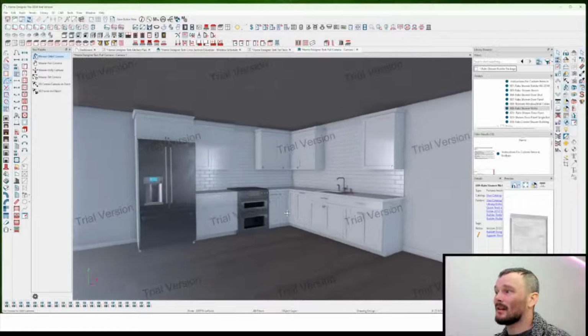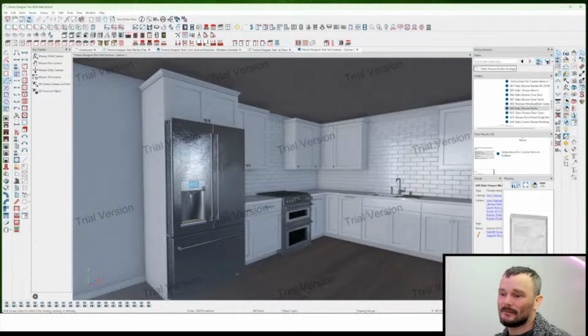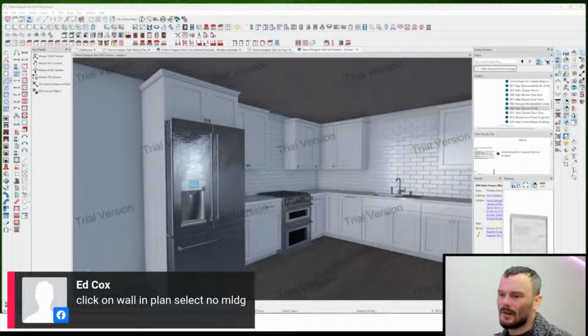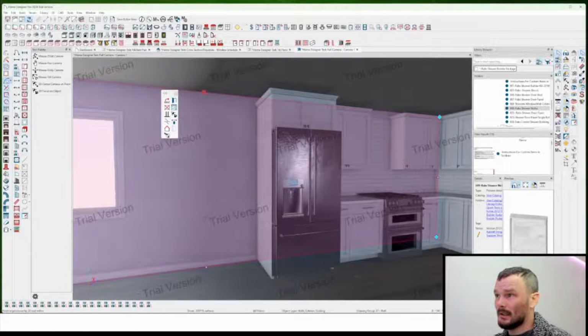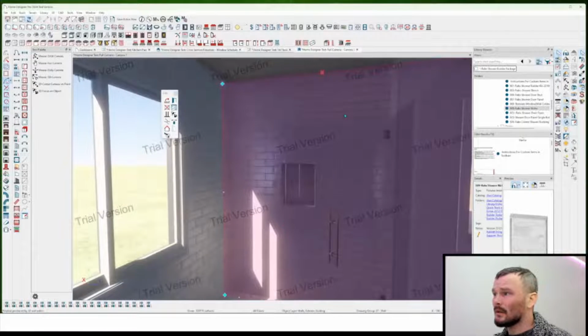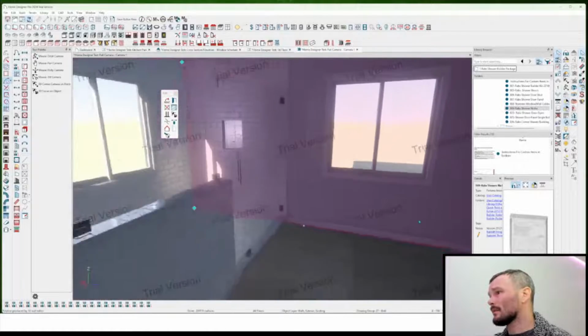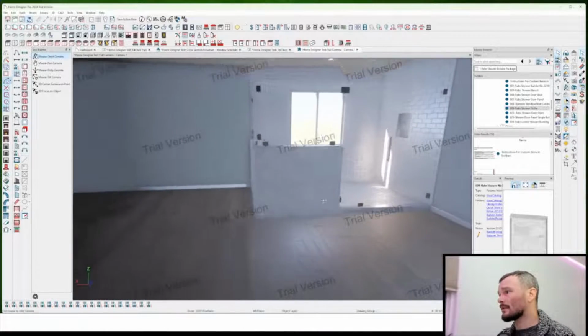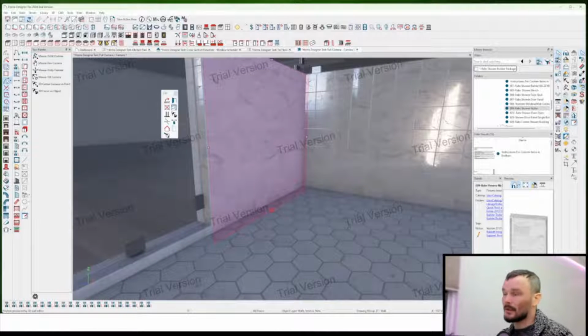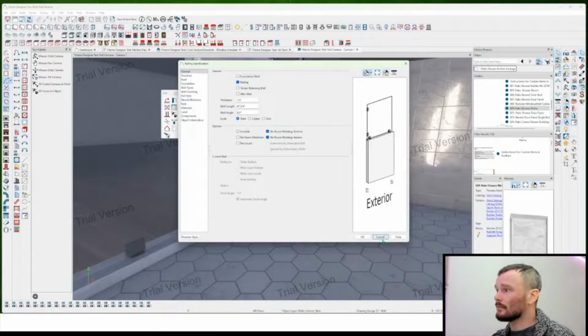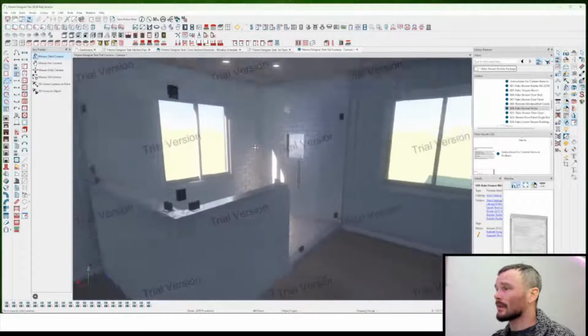I mean, still not bad. Click on a wall on a plan, select no molding. Oh, okay. Is that in? Well, yeah, you can do that, but you should be able to drive it by rooms too. Like these walls by default don't have molding, right? So you open them up and there's no room molding exterior. I just wanted to drive it by the room